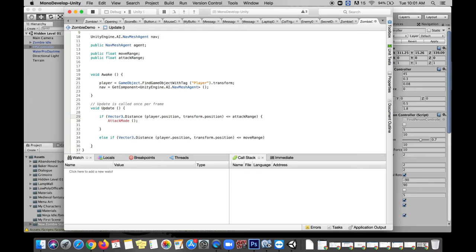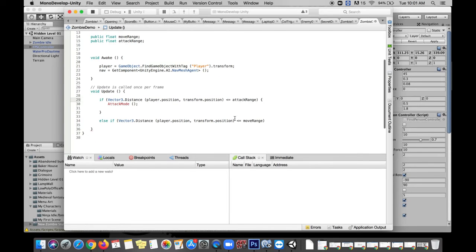attack range first. So if we're not in attack range and we're not in attack mode, then we will come down here and check for move range. So make sure that your first one is checking for attack range and setting us into attack mode. And then in your else if, we're checking if we are in less than or equal to move range, and then create a new open curly bracket and a new closed curly bracket. And then we will check to see if we are in move mode. End that with an open and closed bracket and a semicolon, and now our else if statement is looking pretty